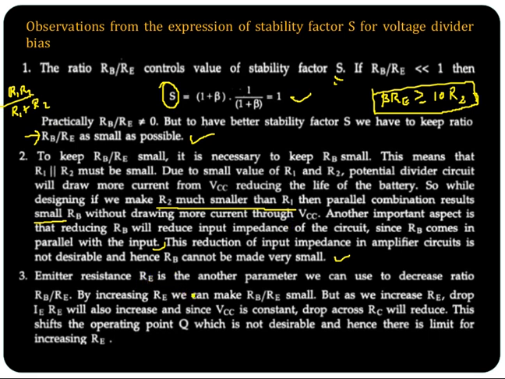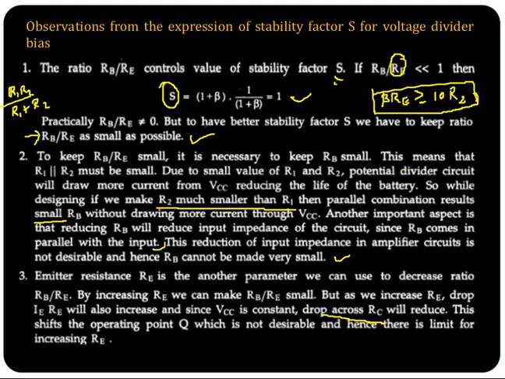Then what about emitter resistance? Emitter resistance RE is another parameter here which you can increase, isn't it? So what happens if you increase RE to reduce this RB by RE ratio? So again the IE RE drop will increase there and VCC is already fixed. So there will be a huge drop across IE RE. So again the drop across RC will reduce. So this will again shift the operating point, which is not desirable. So there is a limit on increasing RE also.